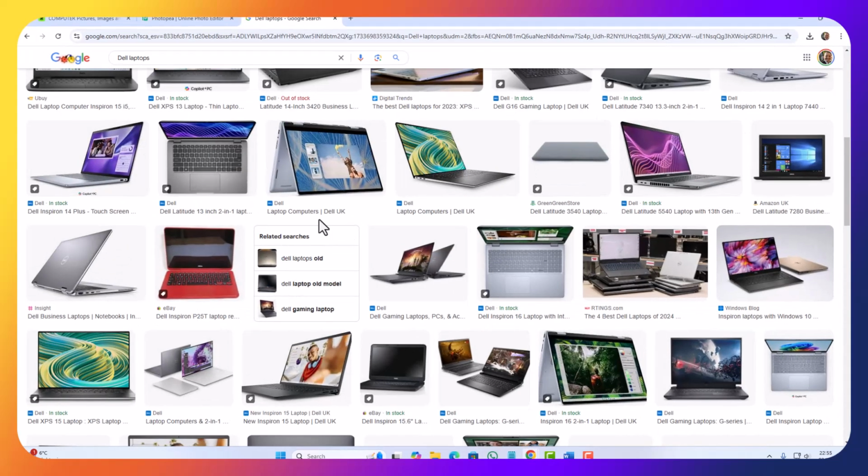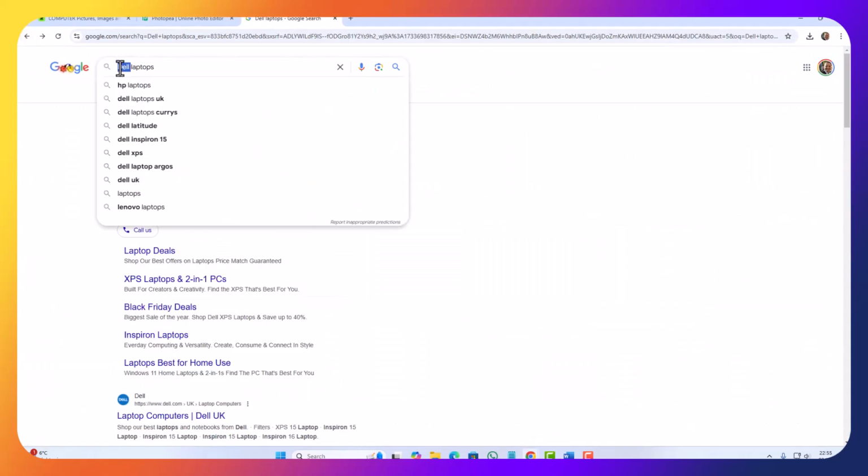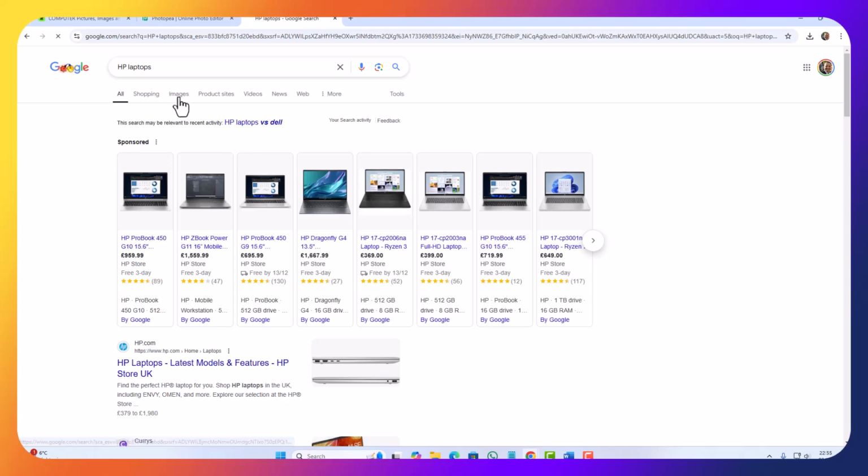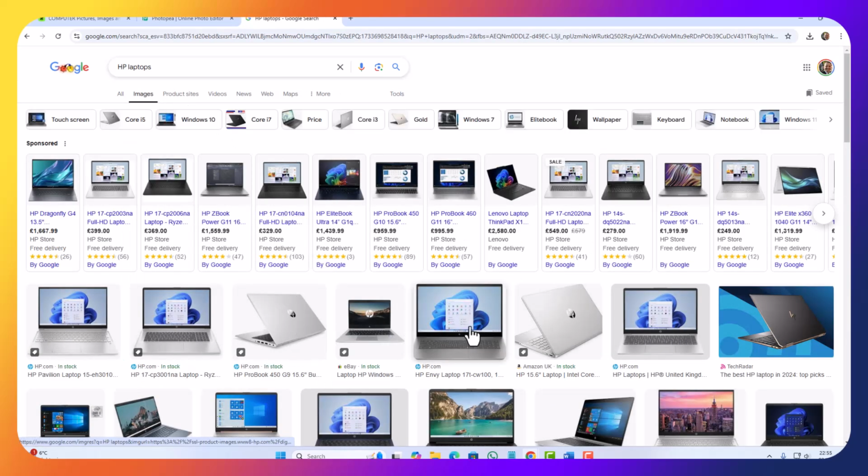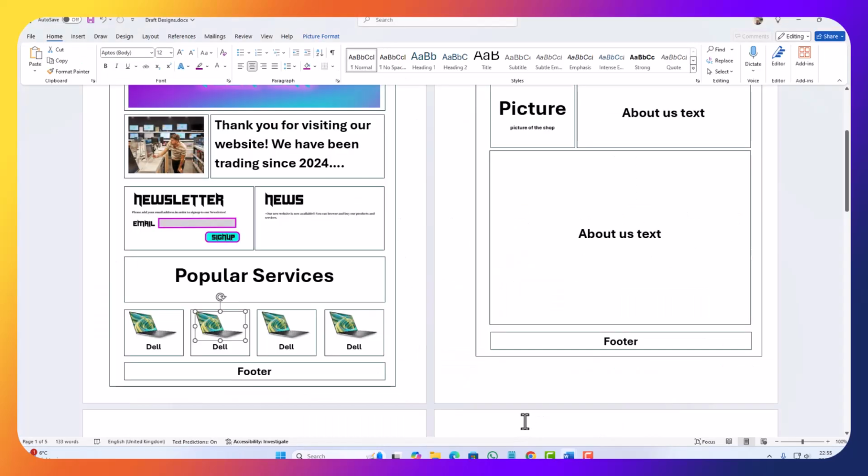So let's go back here. We'll put HP. Copy image. Delete that one. Control V to paste. Let's make this picture a bit smaller. Type here HP. Copy this. Oops. Control Z. Control C to copy. Control V to paste. So we have